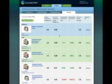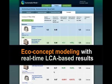So on the Concepts tab in a project, we report the millipoint score and the carbon equivalent score, but this is a relative value. This is an absolute value. So what's most meaningful about the results is the percent improvement, up or down, or the percent that it's getting worse. And so Sustainable Minds is an eco-concept modeling with real-time LCA results solution that allows product